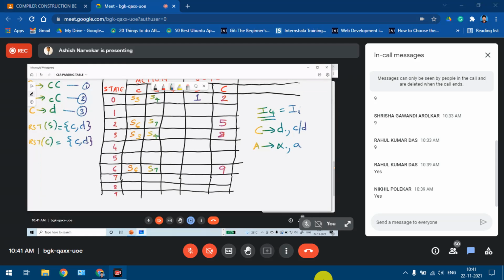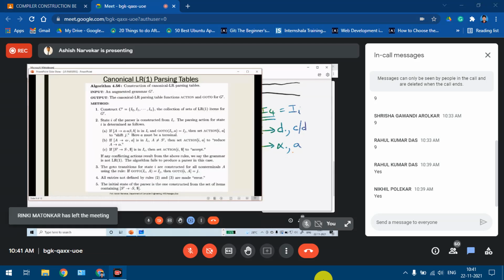As per the algorithm, if A derives alpha dot comma a is in Ii, that is I4, such that A is not equal to S dash, the augmented production start symbol, then set action of I comma a to reduce A derives alpha. I comma a means I comma the look ahead symbols.